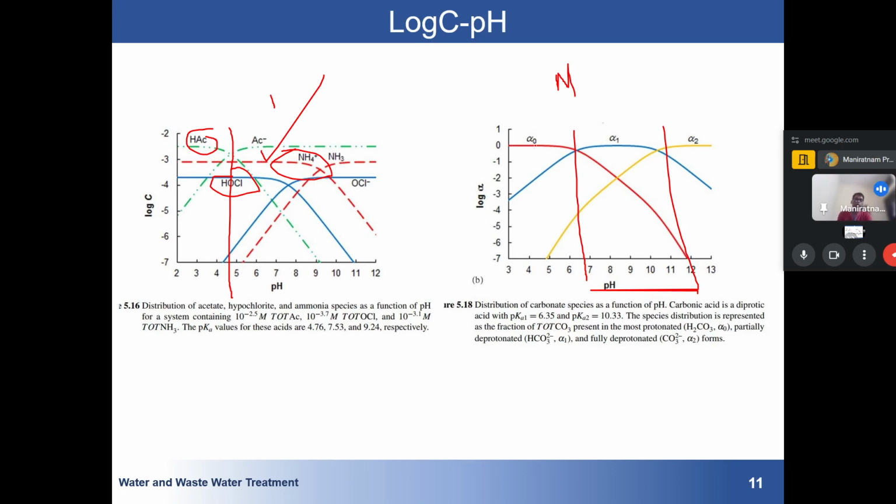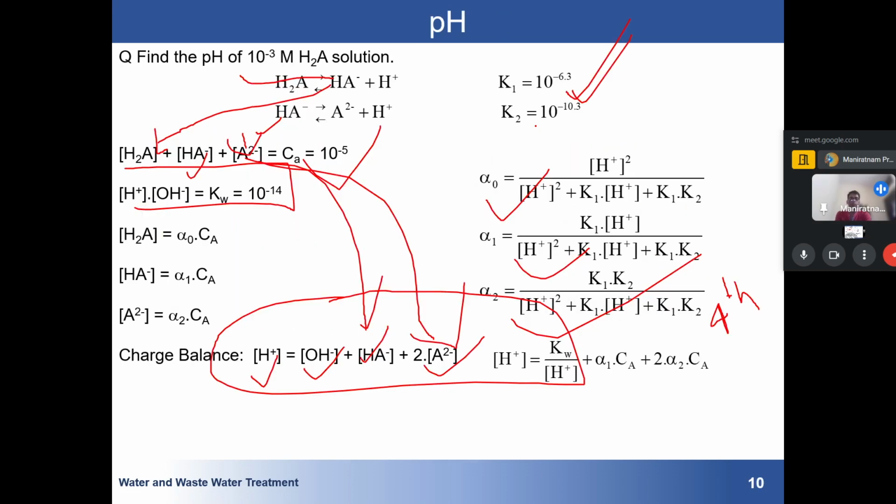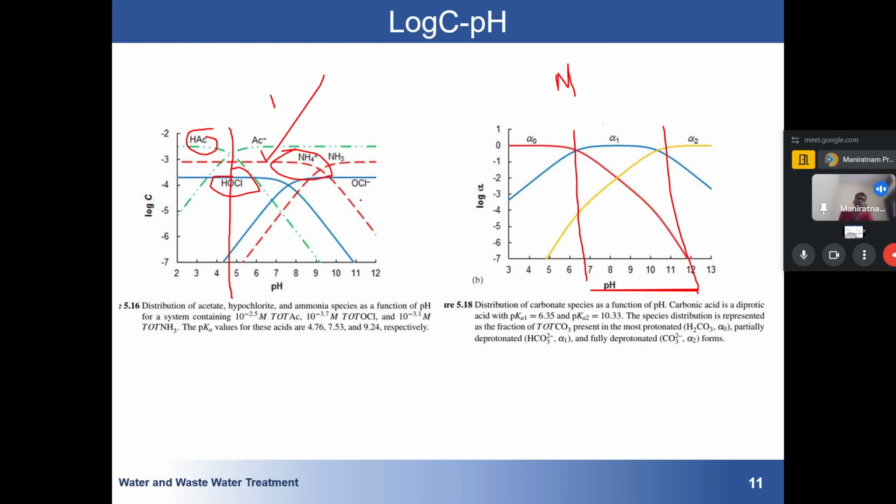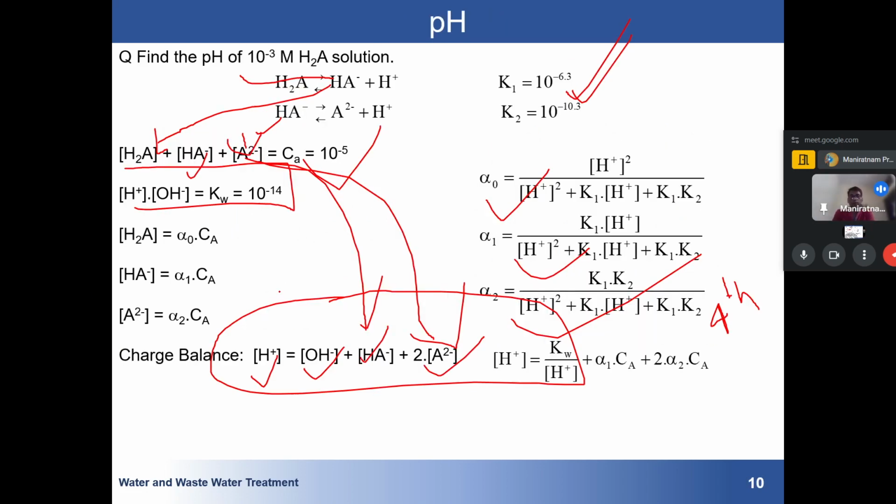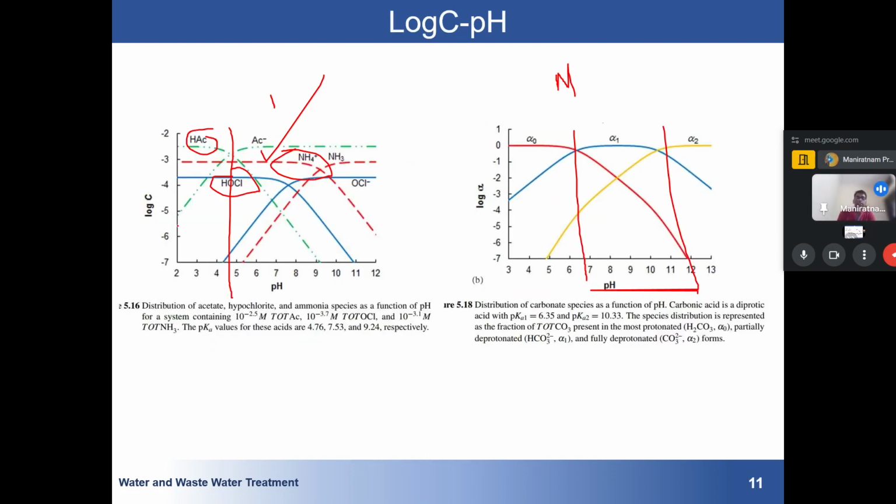Below this, alpha naught, which corresponds to H2A, in this case carbonic acid, is dominant. Then the variation of alpha 1 corresponds to HCO3 minus,